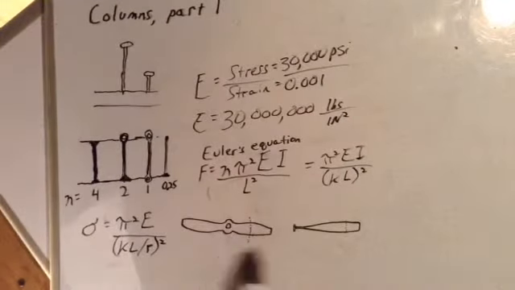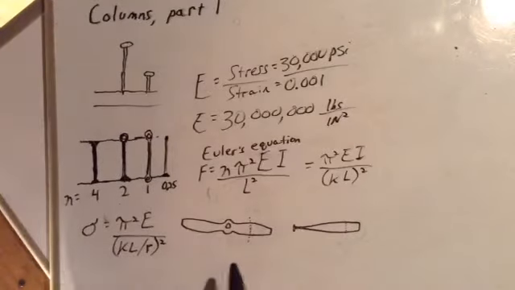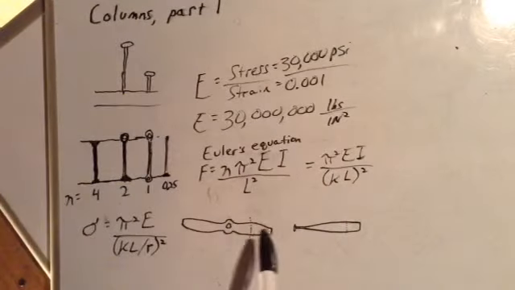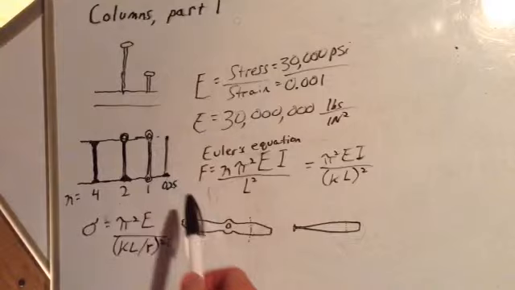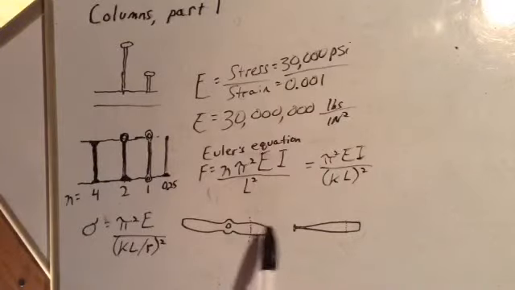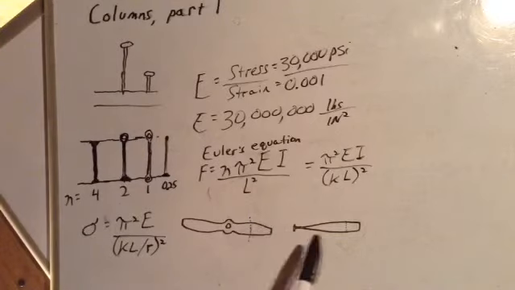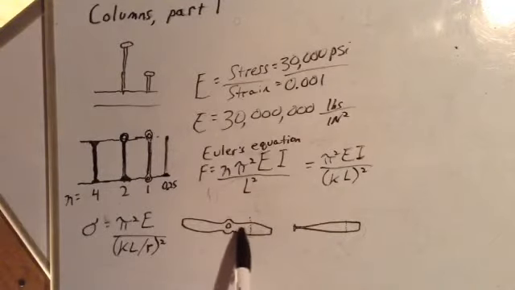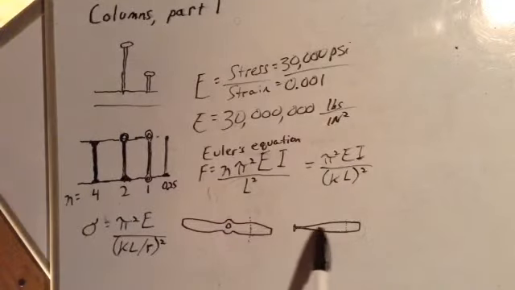Here's a propeller and here's a baseball bat. You may think it's strange that we're talking about propellers and baseball bats in our columns lesson, but I want to explain this radius of gyration concept. You have two different kinds of radius of gyration: a mass radius of gyration and an area radius of gyration. The mass radius of gyration